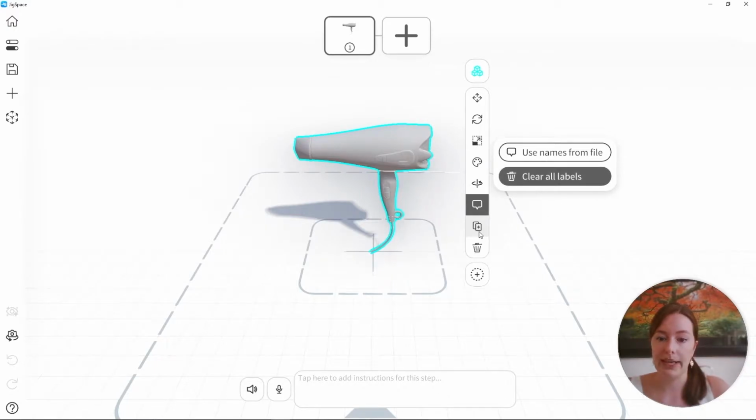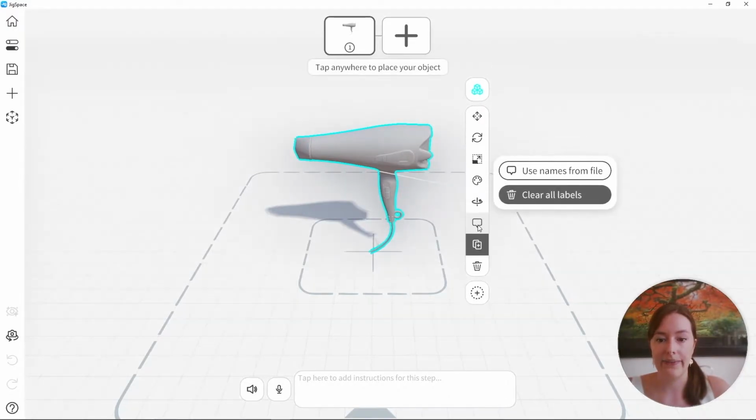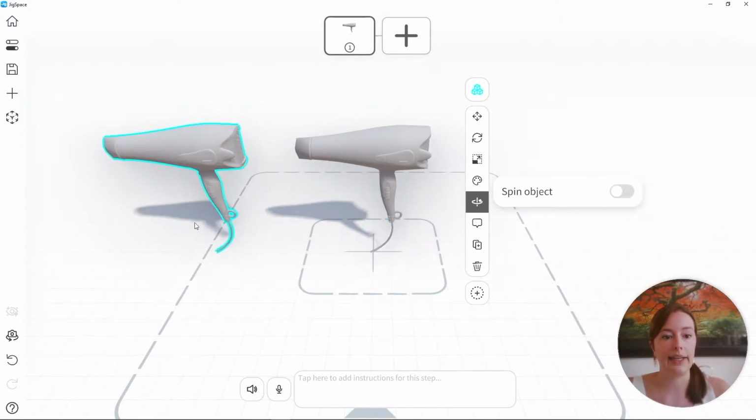We also have the duplicate tool. I'll be demonstrating this now as we don't use it later in the class. So if I have the duplicate tool selected and I click in the scene, we will create an exact replica of the model we had initially selected. This is especially useful if you have your model fully textured, fully labeled, and it's all set to go. You can make an exact replica of that model, and that can be useful in cases where you need to show different types of the model with minor differences like color variations. It's a great way for quickly populating your scenes.